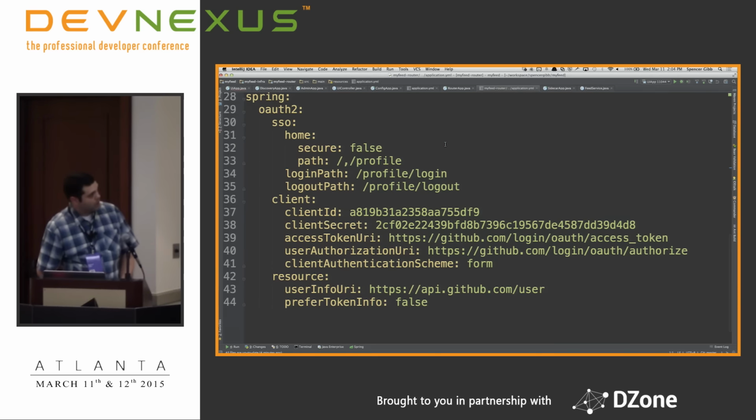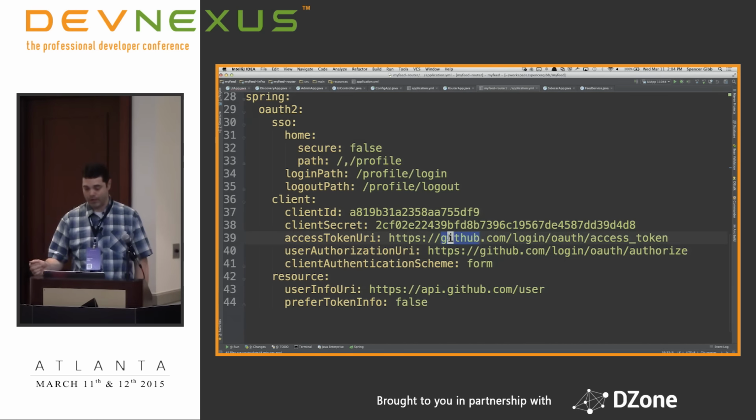So this is the configuration for OAuth. These client IDs and secrets came from GitHub when you registered the application. And these are the appropriate URLs for GitHub. So most of that information is just getting the right information from your OAuth provider and sticking it in these values.